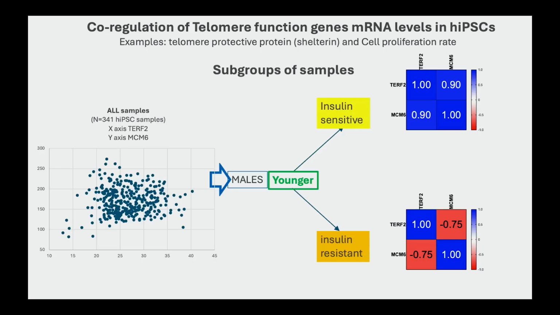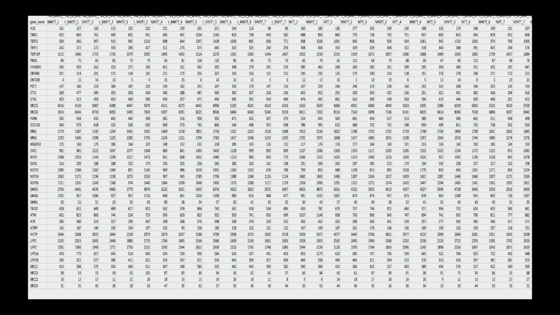Okay, so now let's extend this to all these genes. There are lots and lots of genes down the left column. You don't have to look at individual things here. Sit back, enjoy. I have these 40 or so telomere genes, and 30 or so proliferation genes that I show in some of these. Each column is one individual's RNA expression levels for that gene, so those are lots of individuals.